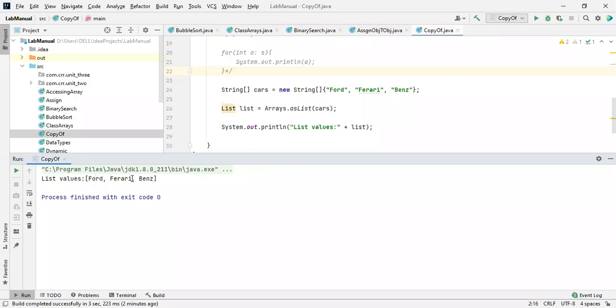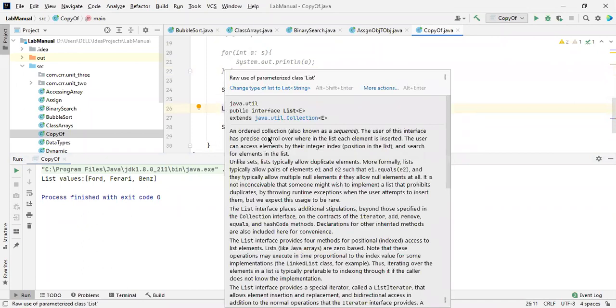Nothing but, the values we are passing, convert them to the list itself. This is the main theme of the asList method inside the Arrays class. If we need to initialize a list, or else it throws an error, it is essential to mention a list. So what is the use of a list? In order, the collections are known as a sequence. Sequence in the sense it's an order. List is an order.